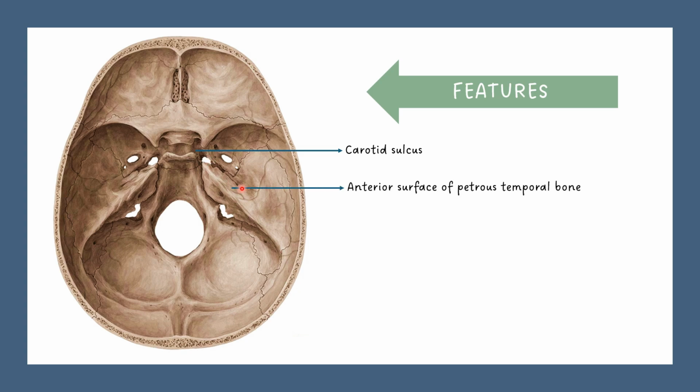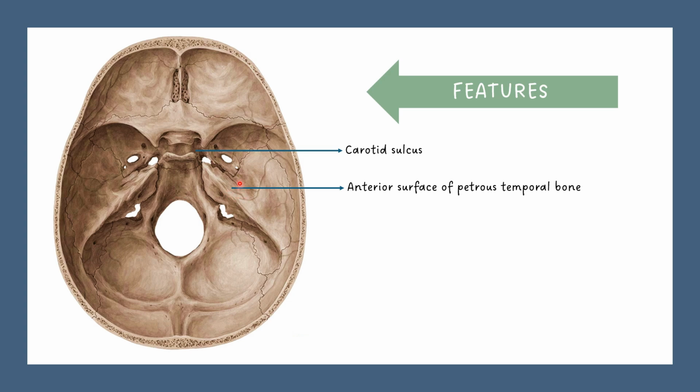Now we will look at the features of anterior surface of petrous temporal bone. So here there is an impression which is called the trigeminal impression for the trigeminal ganglia. There is a ridge which limits this trigeminal impression posteriorly, and the roof of the internal acoustic meatus is a depressed area behind this ridge. Arcuate eminence here is a prominent elevation behind the second depression, and it is produced by the superior semicircular canal.